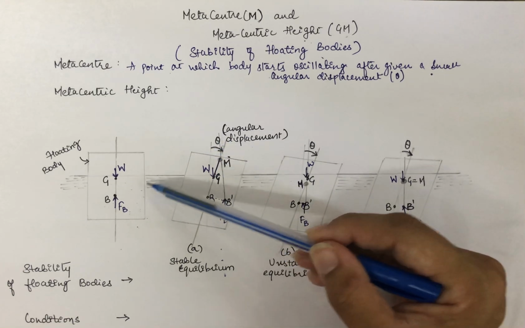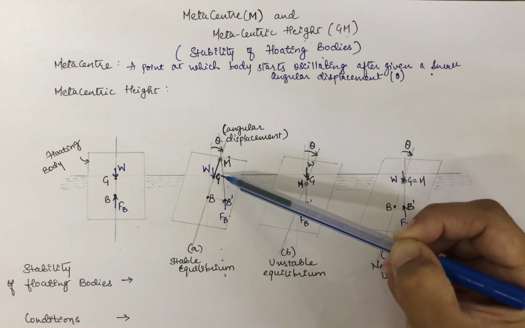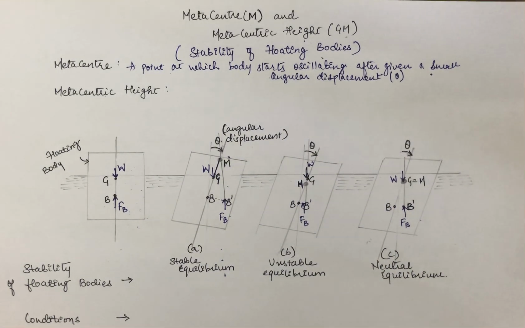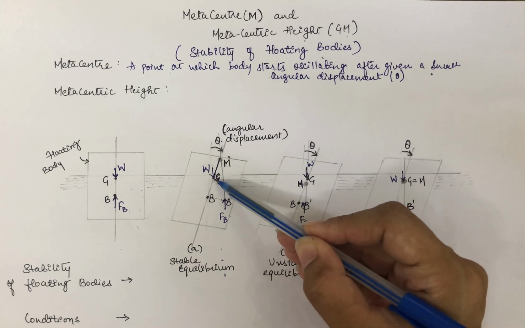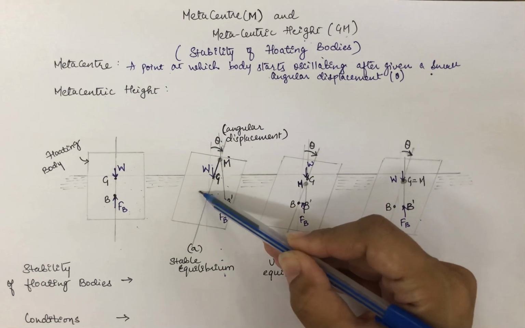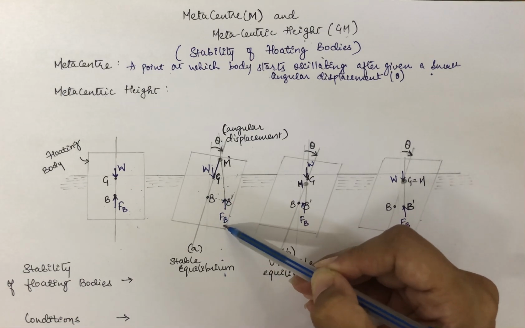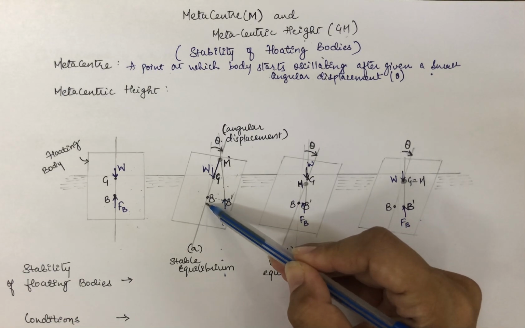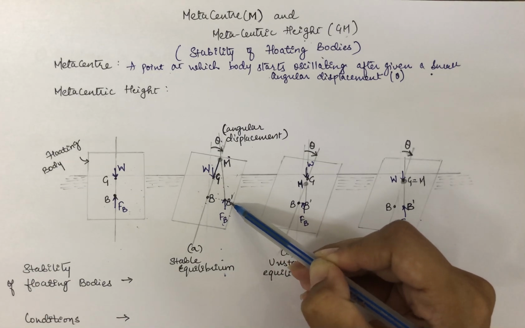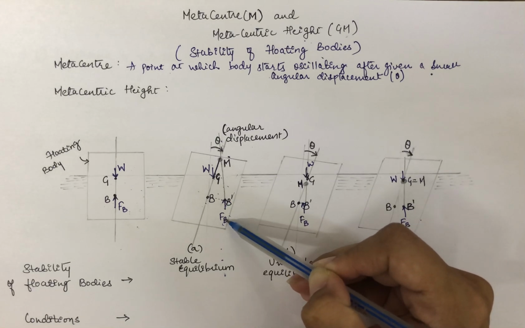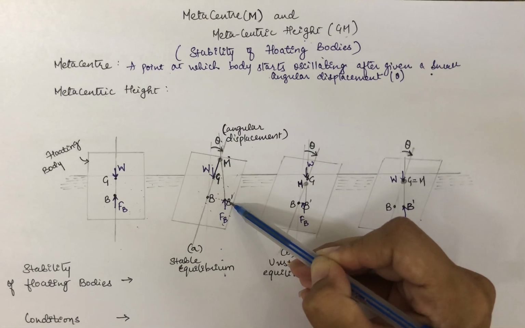After giving a small angular displacement of say theta to this body in the clockwise direction, the center of gravity of the body with a weight W will act in the downward direction, but now as the body is displaced, the fluid which is displaced by this body will also get displaced and the center of buoyancy will move from B to B dash. So, from this point now the upward force Fb will be exerted by the fluid through the center B dash,